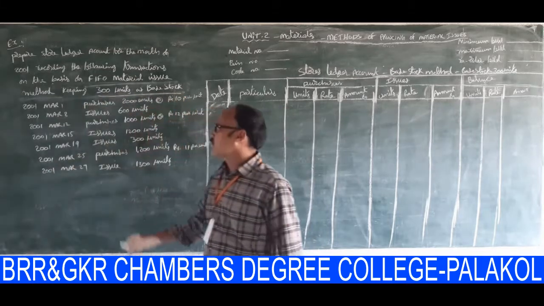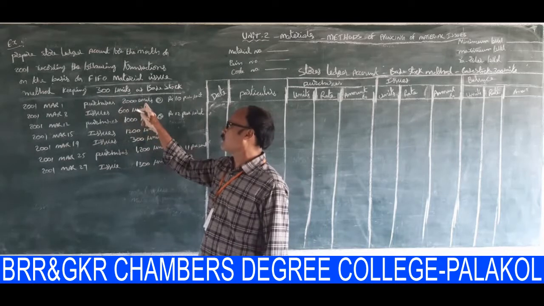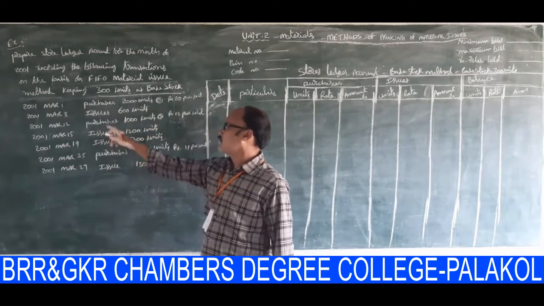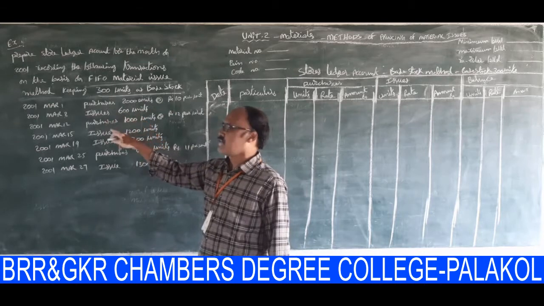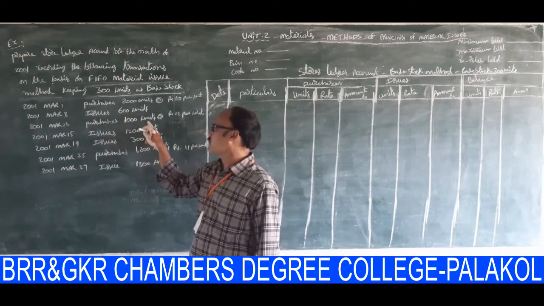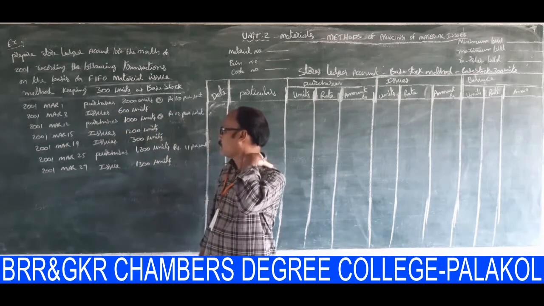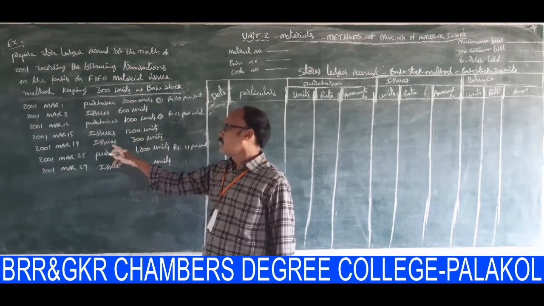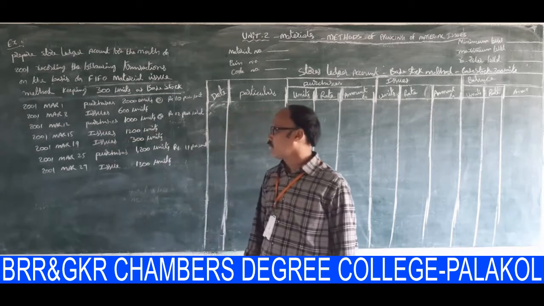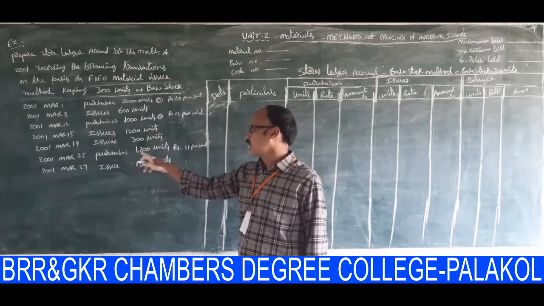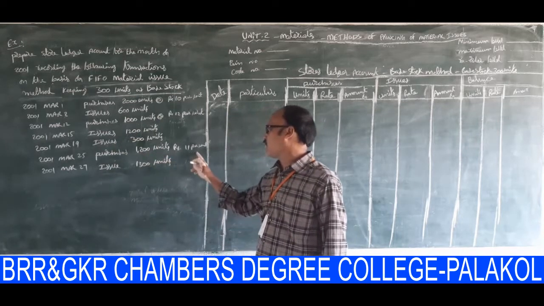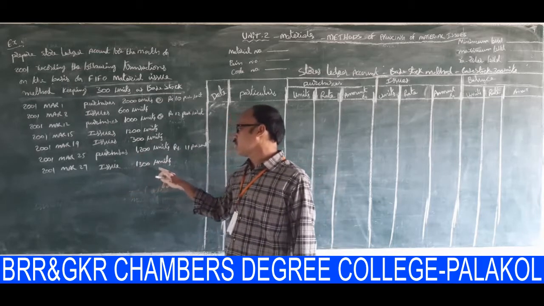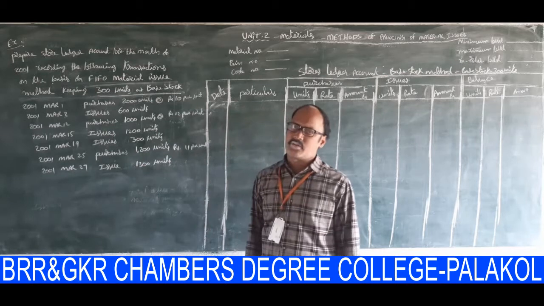March 1st, purchases 2000 units, rupees 10 per unit. March 8th, issue 600 units. March 12th, purchases 1000 units at the rate of 12 per unit. March 15th, issues 1200 units. March 19th, issues 300 units. March 25th, purchases 1200 units, 11 per unit. March 27th, issues 1300 units.